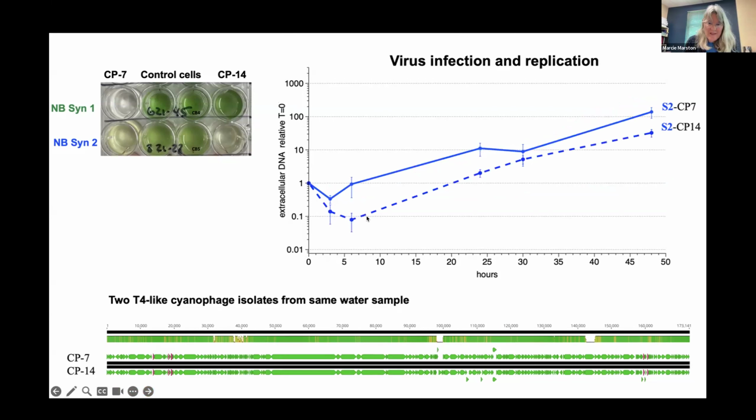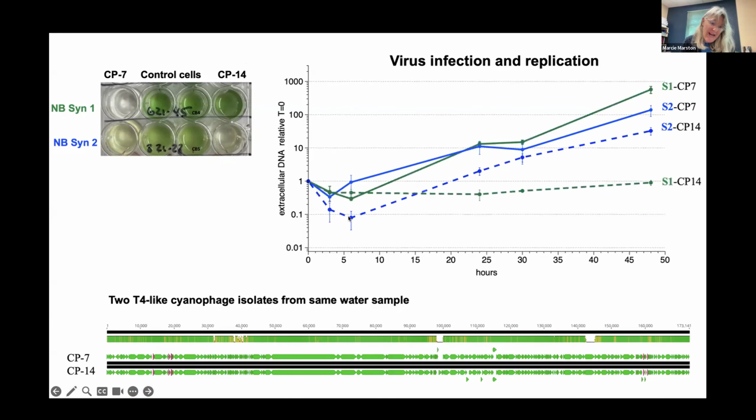There's attachment, and then there's replication over 48 hours, but the dynamics are different. Actually, cyanophage 14 has a stronger attachment, right? And a longer latent period before it starts to replicate, and less progeny produced, at least in the first 24 hours,